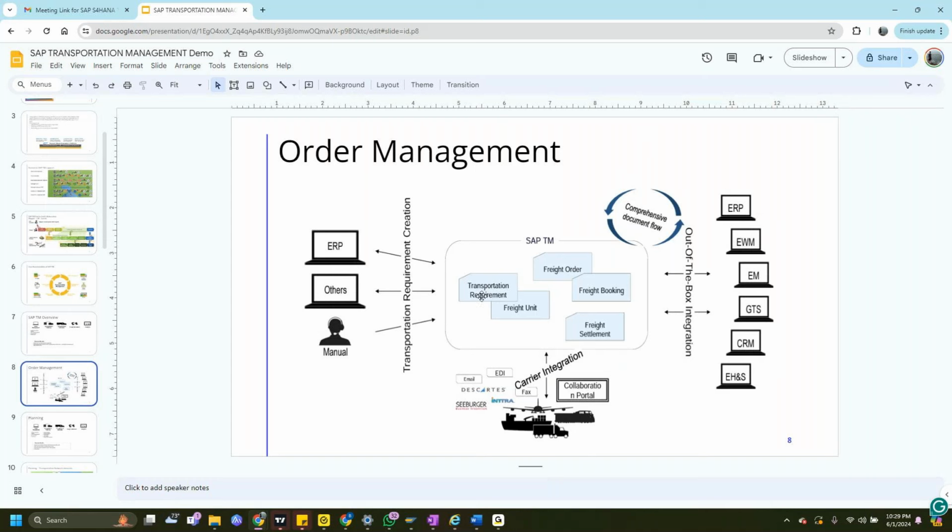If you go to SPRO in the current system, you can see materials management, sales and distribution. Earlier, transportation management was not there. It used to be a separate system. We had to integrate both systems to run them collaboratively. But now SAP, from 2015, 2016, which is when I started working on TM, came out with embedded TM, and TM was included in the same box system.